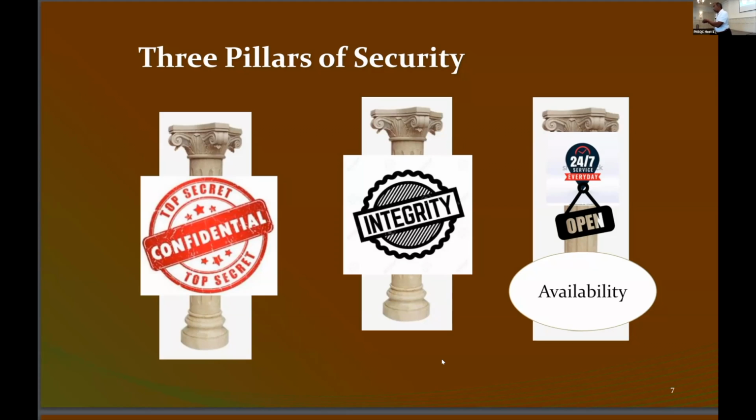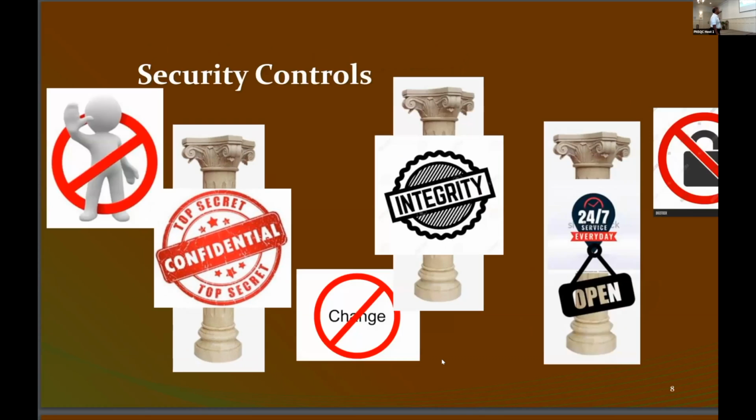Okay? Now somebody, and I've given examples, says, hey, you want a very secure system? Yeah, I want a very secure system. Lock it up. Don't let anybody use it. It will be very, very secure. But it didn't serve any purpose. So those are the three pillars of security. We call it CIA. And everything you want to do around security is based on these three principles. And I just talked about it. No access, no change, should be open for an intended period of time.